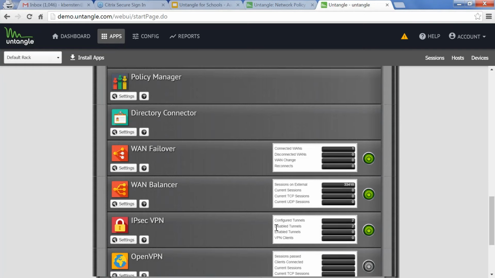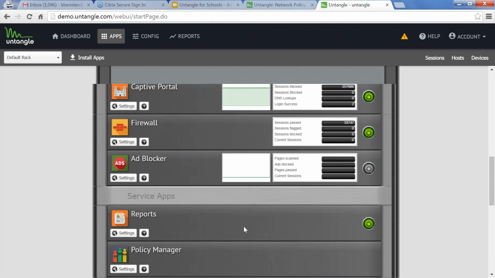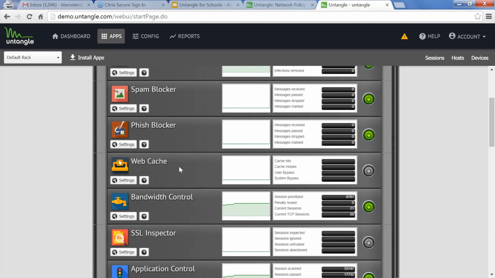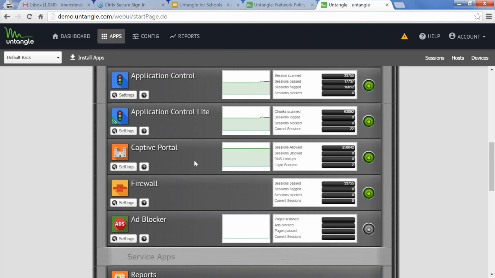So let's see. The last thing I will touch on is the captive portal. I think that's great. All of these functions here that you see are included in our complete package. That is a full functioning product with all of our features. So it includes your web filter, it includes your bandwidth control, your web cache. And Shannon will touch on the packages in just a few minutes, but know that this rack view does include all of our functions.